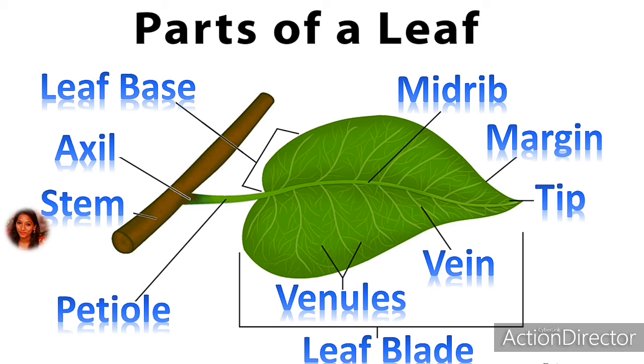One more thing: sometimes there are simple spine-like structures at the bottom portion from where the leaf arises from the stem. This simple structure is known as the stipule. Sometimes it is harder, sometimes it is a little soft. It is a kind of spine, and this may be for protection or for other modification purposes. So this is how the whole leaf is characterized.